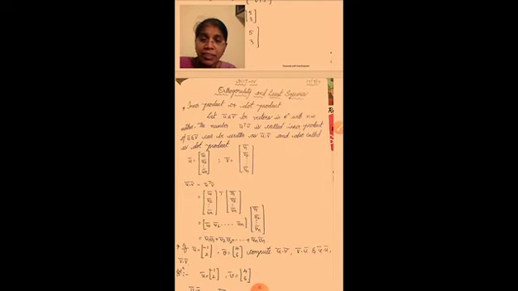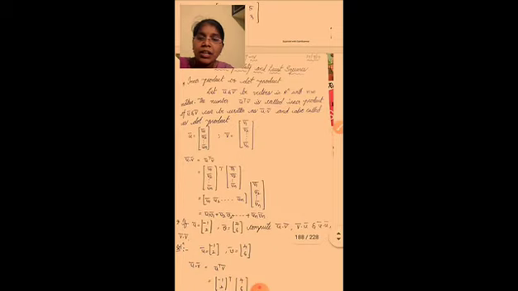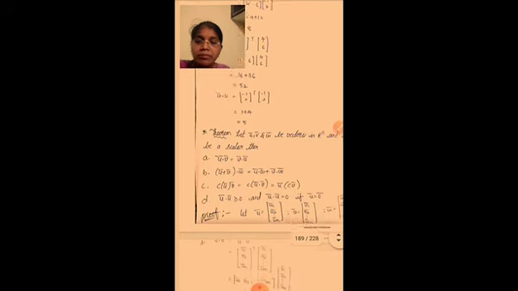Okay. So here u bar transpose v bar is called the inner product or dot product, and it is written as u bar dot v bar. Okay, this is the inner product or dot product. So once again see here, let u bar and v bar be vectors in R to the power of n with n by n matrix. The number u bar transpose v bar, called the inner product of u bar and v bar, can be written as u bar dot v bar and is also called the dot product. This is the inner product or dot product definition.